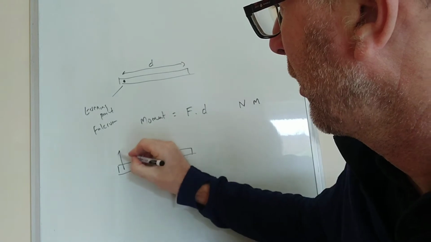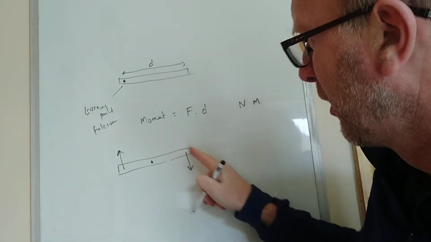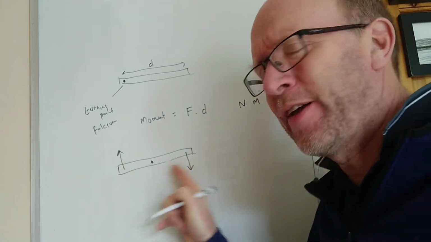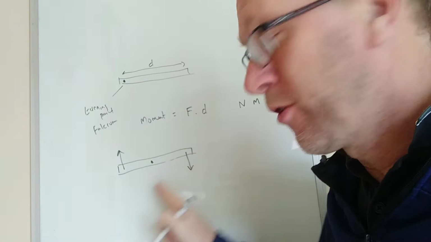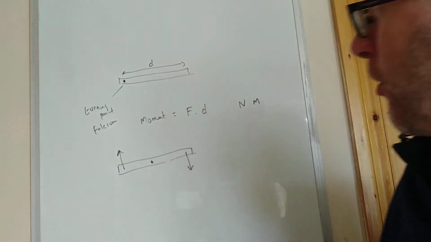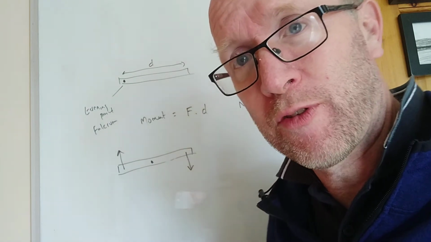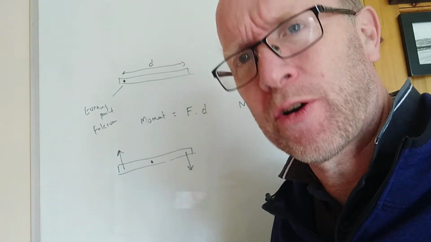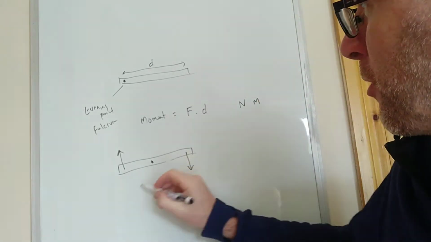So watch, two equal forces in opposite directions, and effectively that has a turning effect only. It causes it to turn. That is called a couple because there's two forces. It's also called a torque. So you have your definitions, and to get the moment of the couple,